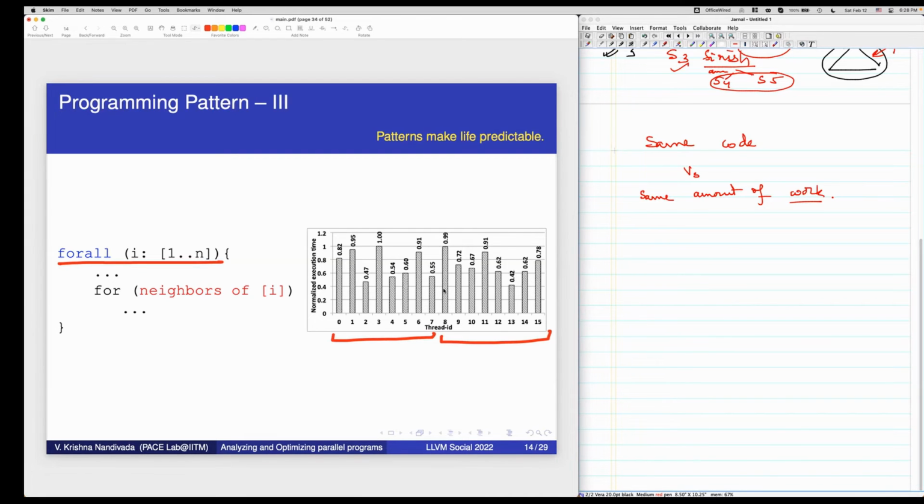Now look at it this way. Does every thread have an equal amount of work? No. The threads have unequal amounts of work. I'll tell you something more. In this particular hardware, I had a total of 16 cores divided into 2 sockets, 8 plus 8. This is socket 1, this is socket 2. So it looks as if both socket 1, which has T3, and socket 2, which has T8, will have threads executing till the end.